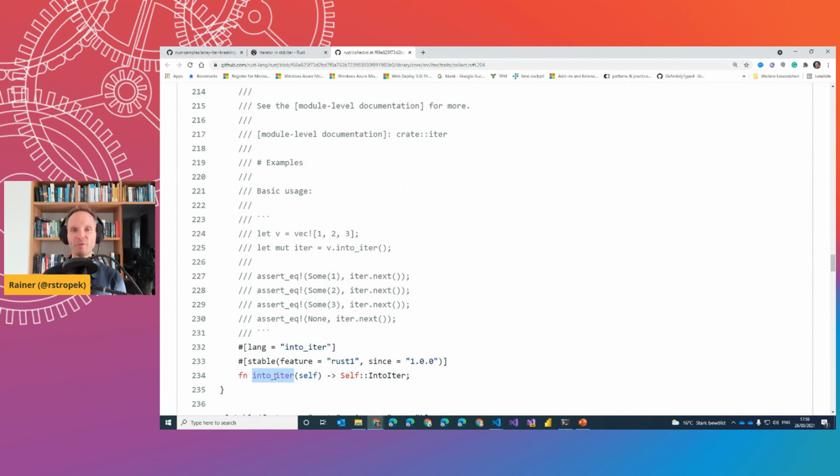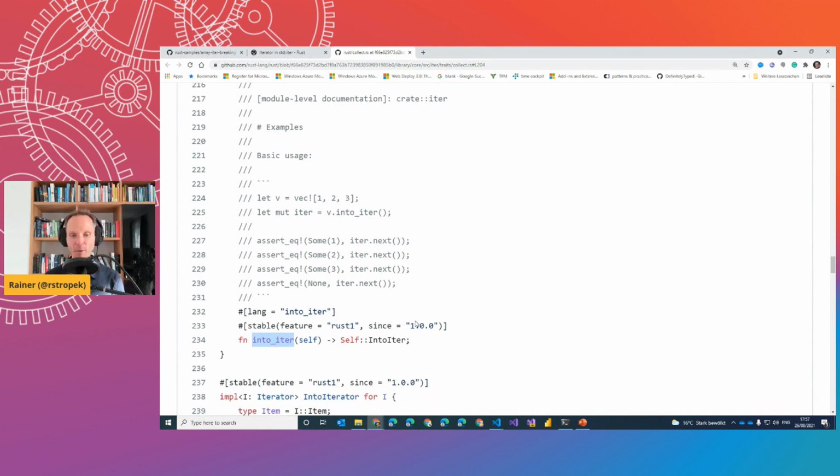If you have a Rust vector and you want to iterate over the elements in the vector, you ask the vector by calling this into_iter function, and it will give you the implementation of the iterator for a vector that you can use to iterate over its values. And the same is true for every collection type that exists in the Rust universe